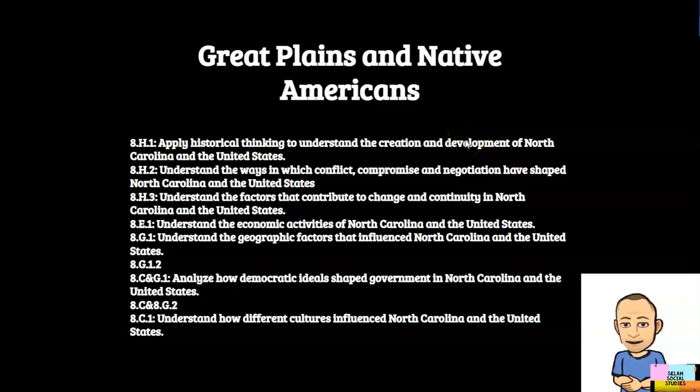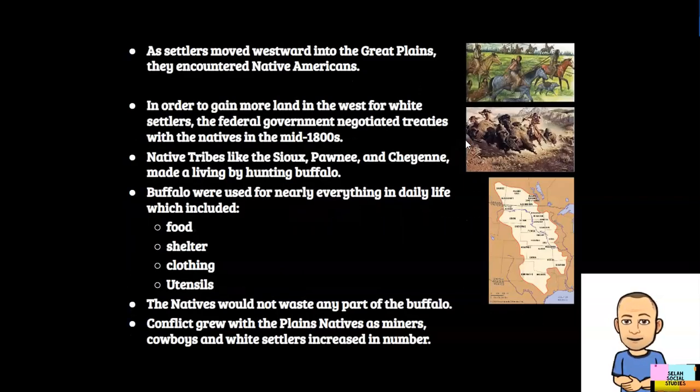Okay, so we were talking about moving out west, we talked about the cowboys and the miners, and now we're going to talk about the people moving out west, how they moved out west, and their interactions with the Native Americans. Alright, so as settlers moved out west in the mid-1800s, there were issues that arose amongst the Native Americans